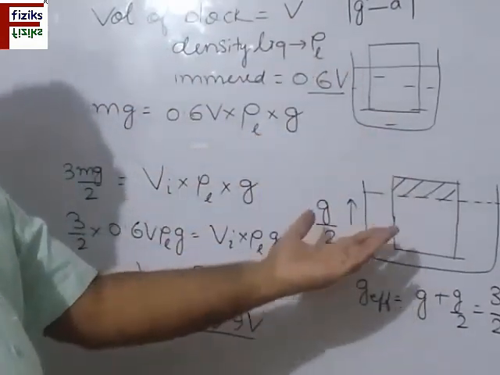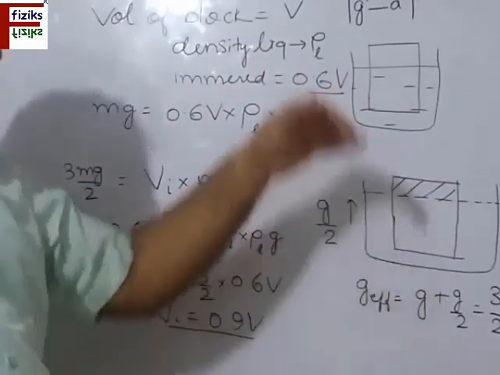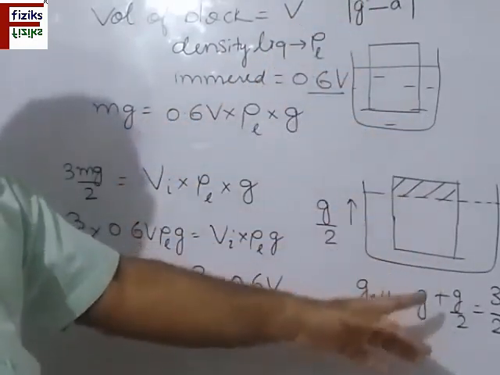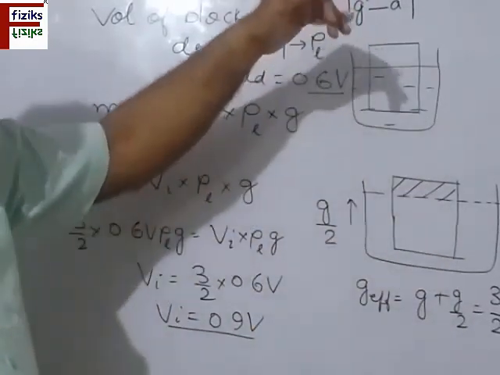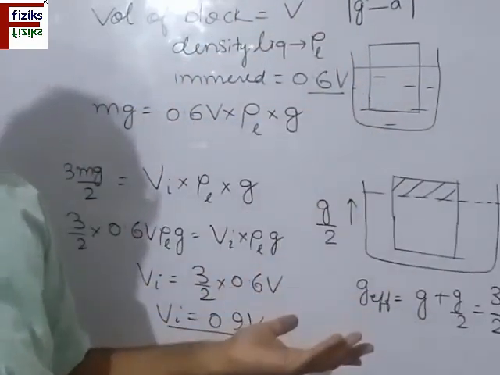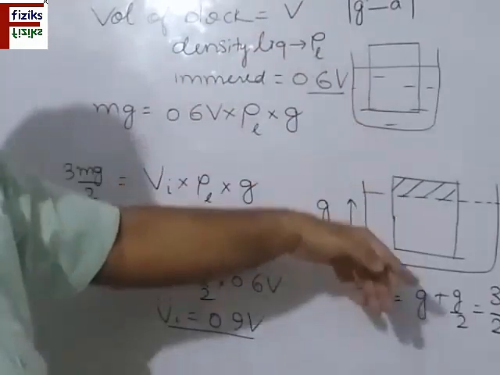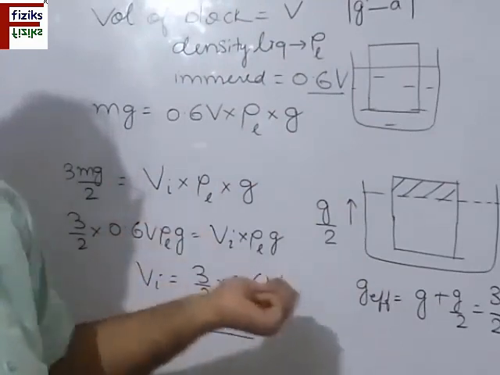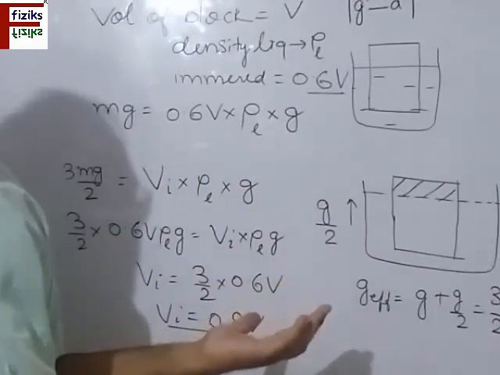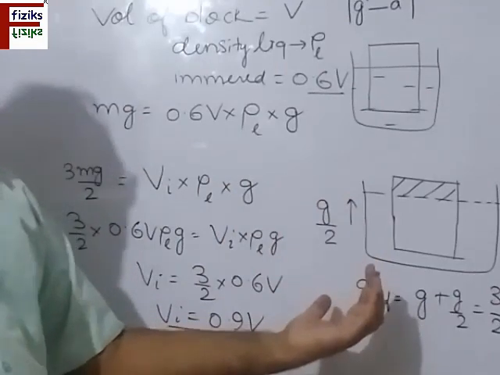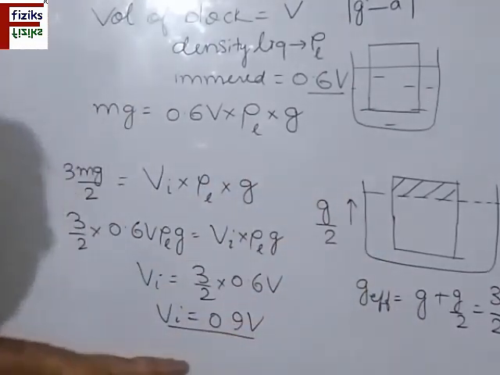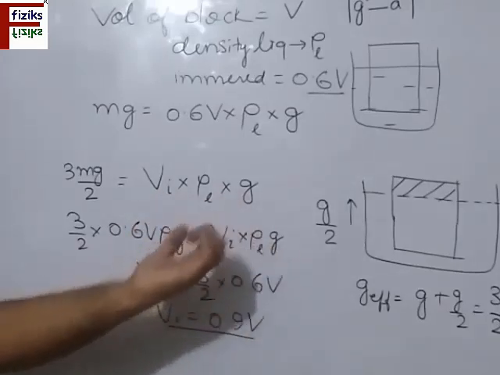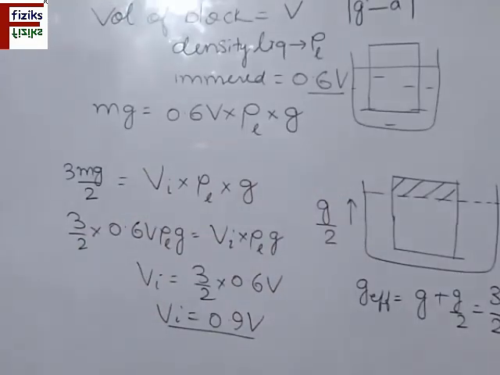In that case, its normal reaction will be changed. If it is moving with acceleration in downward direction, so normal reaction. Suppose in this case, the lift were moving with acceleration g by 2 in downward direction, then you can see what will happen. So the normal reaction will be equal to g by 2 in that case. So the weight will be equal to mg by 2 and you can calculate what will be the volume of the immersed portion in this case. So this concept is very important, how the volume changes according to the Archimedes principle in case of a moving lift. So note it down please.